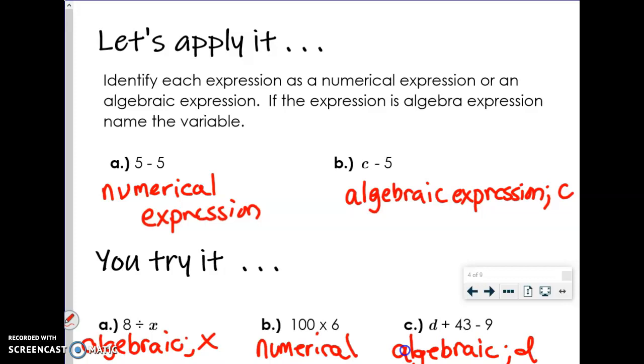Okay, awesome. So we are going to go ahead and stop here as far as this part. We're going to do some practice. So I'm just going to show, I've got the physical copy here. I'm going to show